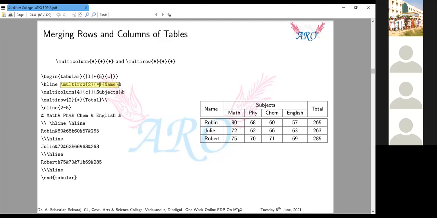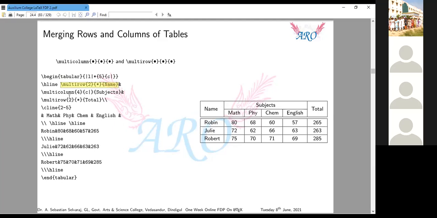Usually we don't mention any alignment in multirow, but in multicolumn we may define it. Usually in multirow we don't mention anything, so I'm using star. Then content. In the last mandatory bracket, we have to enter our content, the name. So this command creates this one. It's merging two rows.